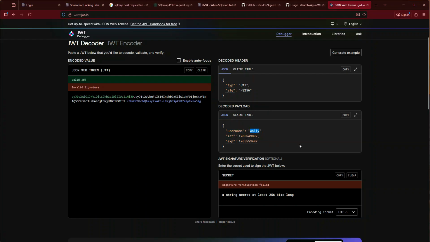So the assumption would be that if we can create a JWT token where the username is admin, and we sign it ourselves and provide it to the application, maybe the application will log us in as that user. But let's look at what tips SQRSEC tips and tricks has about